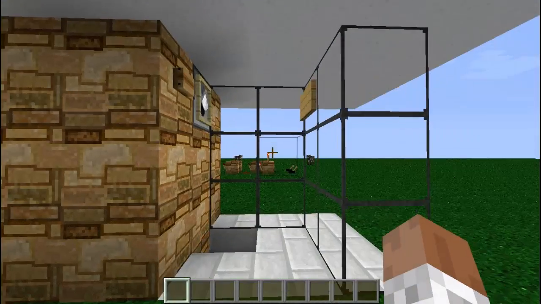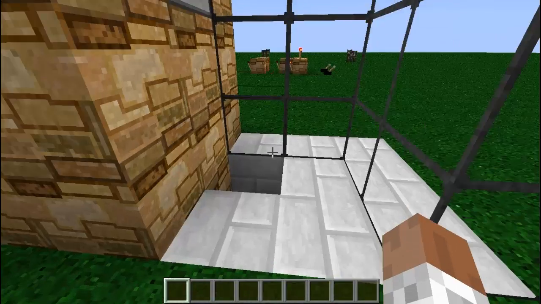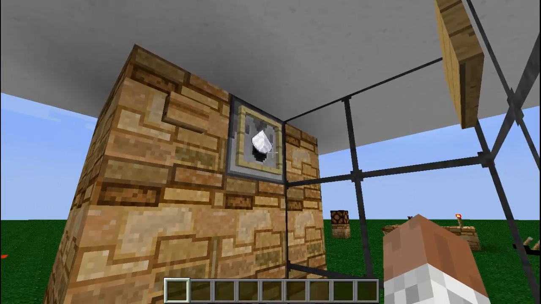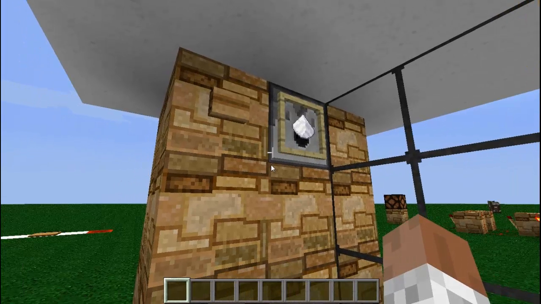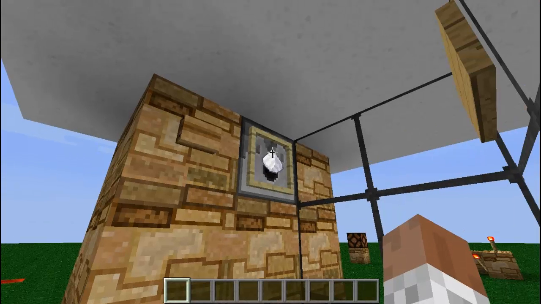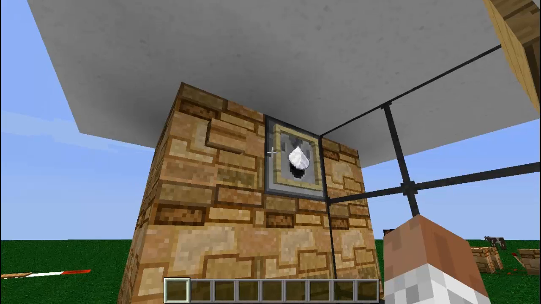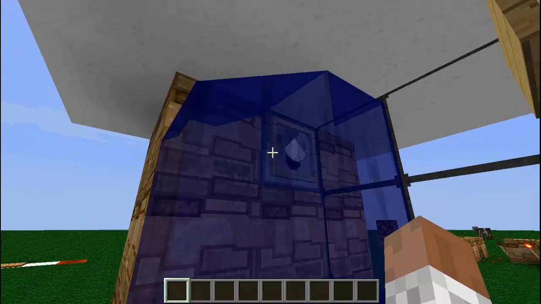Alright, now this right here is another one of the things that I can just really easily add to a house. And this is just a quick, simple shower. You can see I've put an item frame with some sugar in it over a dispenser. In the dispenser we have a water bucket. Now this was only made possible a couple updates ago. You used to have a source block of water hidden in the wall and a piston which would retract and let it out. But since we now have this,